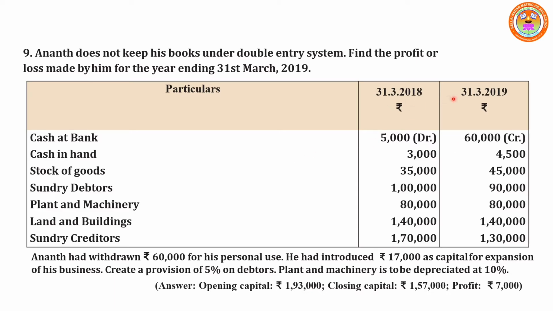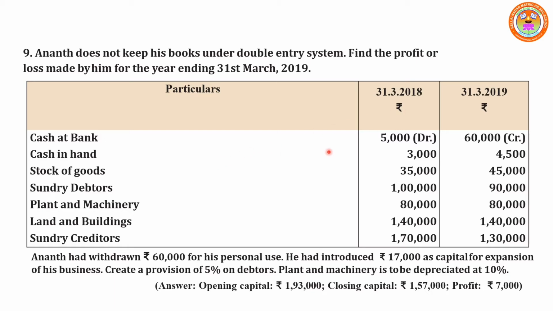Particulars, two date details are given. Look at the first date, 31st March 2018. Then next date, 31st March 2019. First date detail denotes previous year closing balance will be the next year opening balance. That means next year beginning 1st April 2018. So this date detail will be written as April 1st 2018. That means year beginning opening balance details are given under this date.